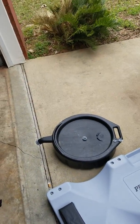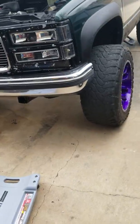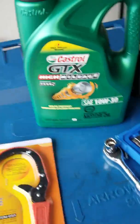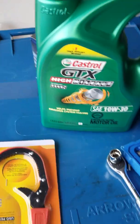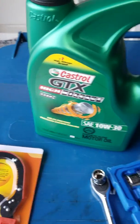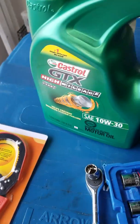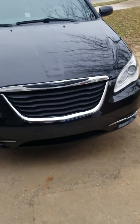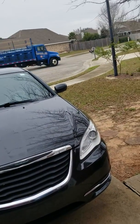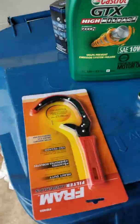I'm going to be working on the GM today. Make sure you get the right filter, oil, whatever you please. I like certain stuff. You might like something else, so be it. Just make sure you got the right filter. These auto parts houses will try and say the wrong filter. Got the lovely trash man picking up trash. Anyhow, so